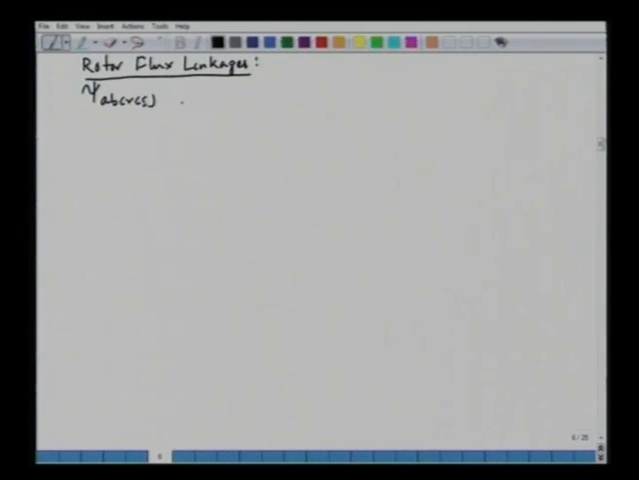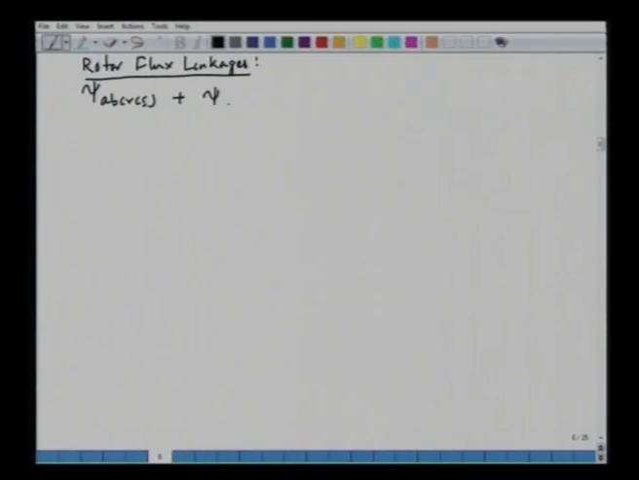So psi ABCR of S is the flux linkage in the rotor due to the stator current. Now this is basically a matrix, plus psi ABCR of R, the flux linkage in the rotor due to its own current. This is the total rotor flux linkage, psi ABCR. So these are all vectors. So we can write down the component of flux psi ABCR of S, that's equal to